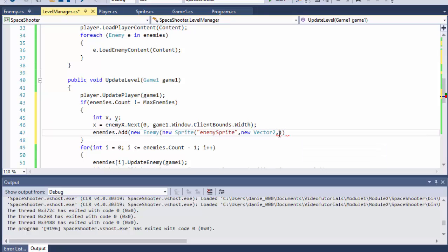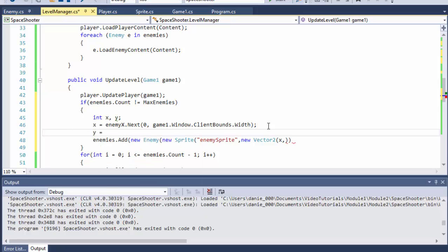And then new Vector2, that's going to be X and make something Y. So Y is going to be enemy Y dot next. The Y position, the minimum value will be minus 200 and the maximum value will be